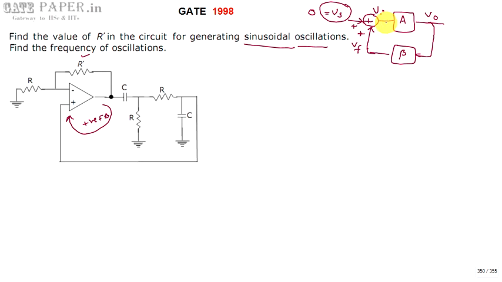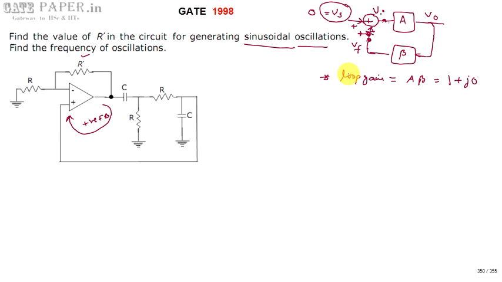The Barkhausen criteria says that if you break the loop at one point, the product of the gains considered in the loop is treated as the loop gain. So if you break the loop over here, let us assume, the gain provided for Vi up to this point is the loop gain. So loop gain is nothing but A into beta. If A beta is equal to 1 plus J0, and this condition is satisfied, then the circuit can generate oscillations.